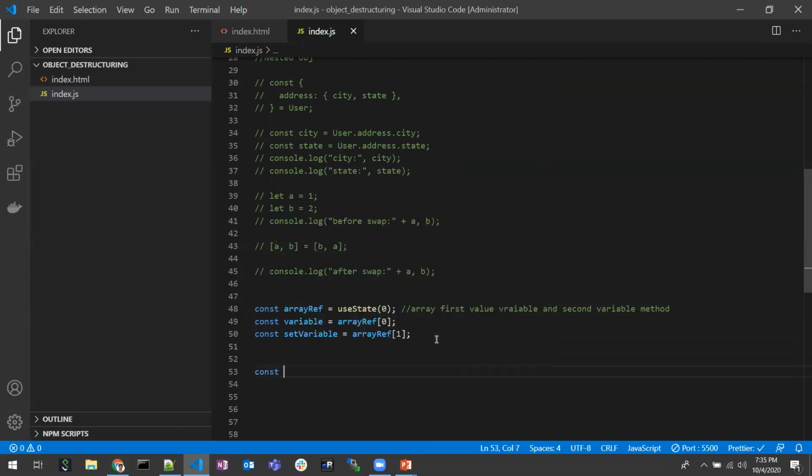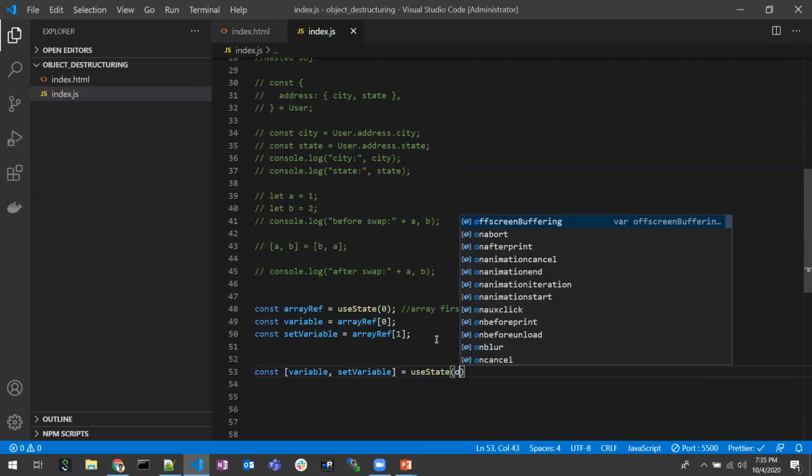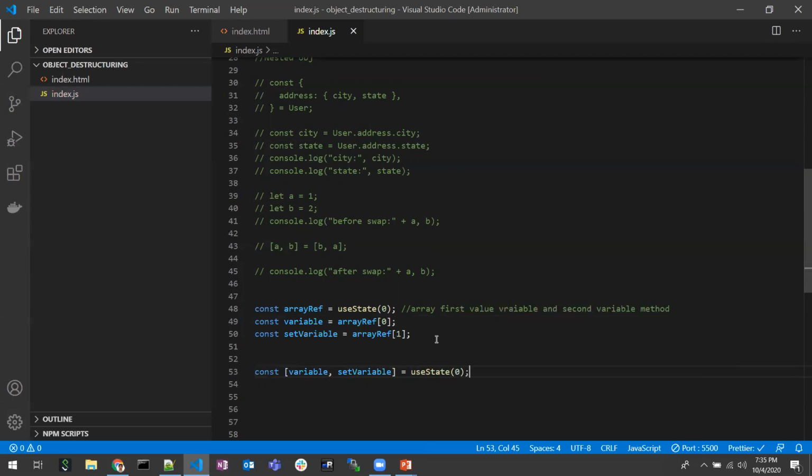We would simply use it like this: variable comma setVariable is equal to useState of 0. So we have done.